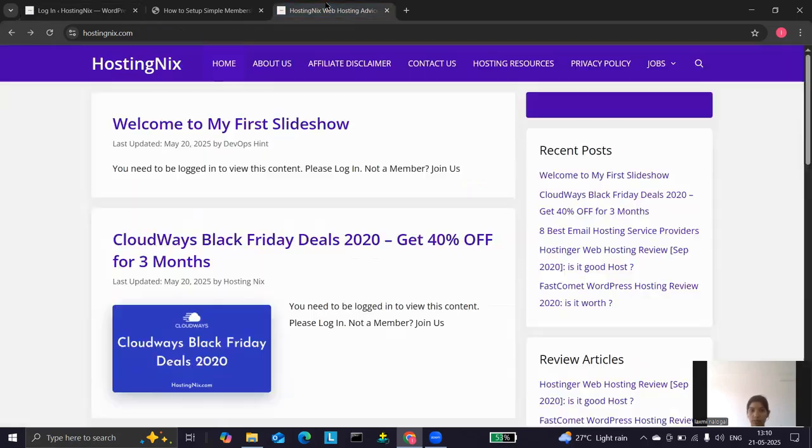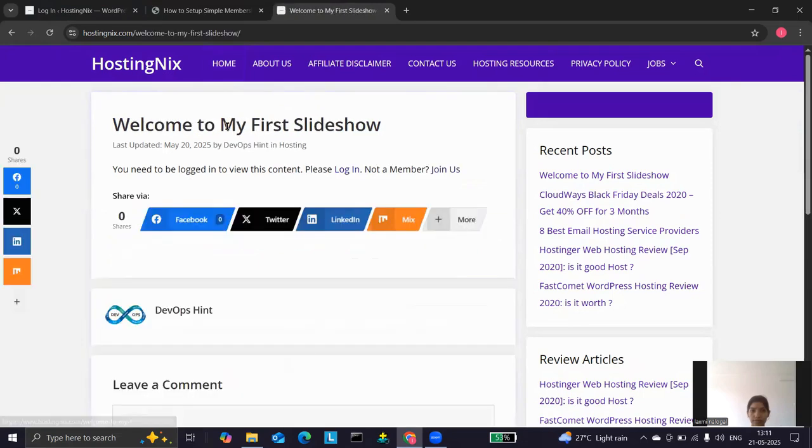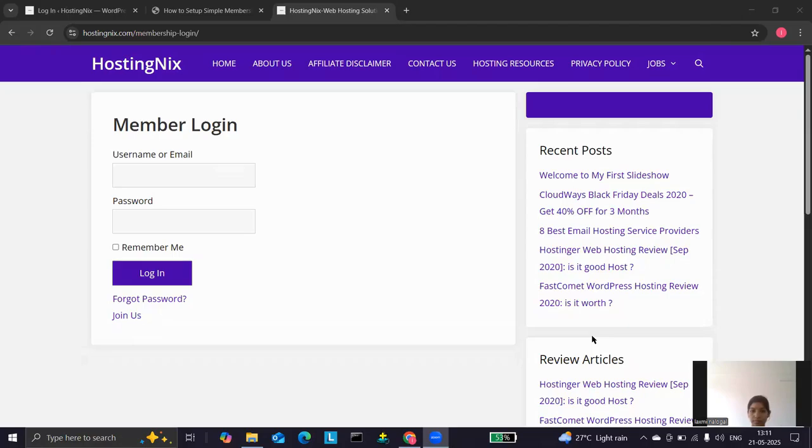Now we will open and refresh. So I click on this post. Click on login. Here you can see the login page is displayed. This member login page is displayed using the shortcode present inside the member login page.